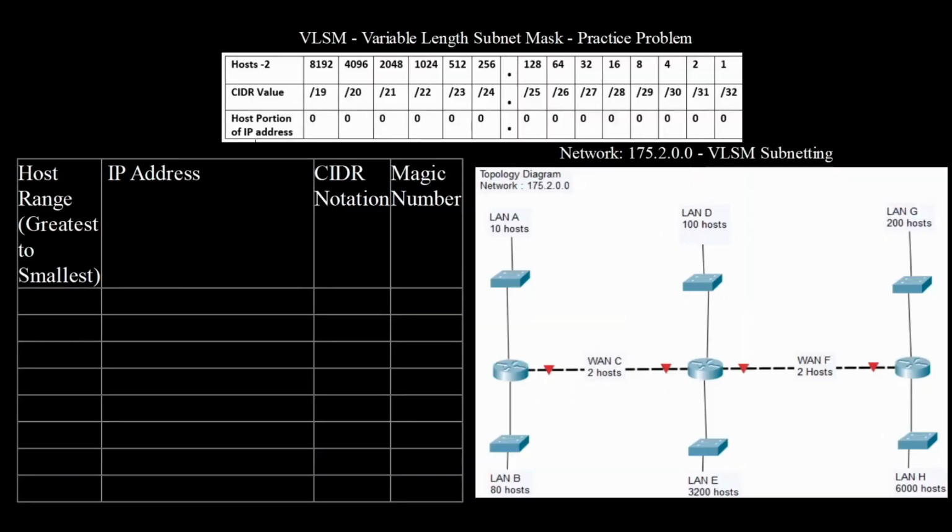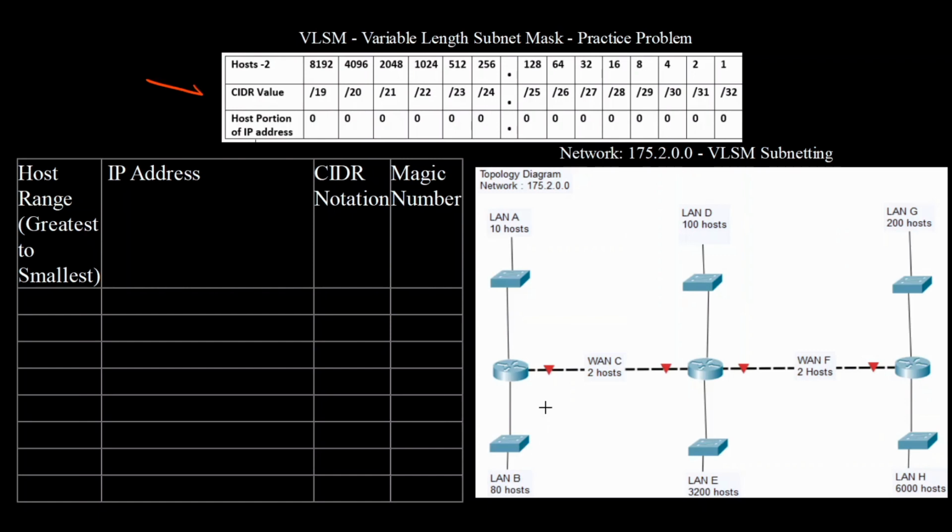Hi, in this tutorial, I'm going to go over a VLSM, Variable Length Subnet Mask, practice problem. So we're going to do a VLSM subnetting. The network I'm using here is 175.2.0.0, and I do have my network diagram here, and also the chart that I want to use to help me go through the subnetting. So if we look into the topology here,